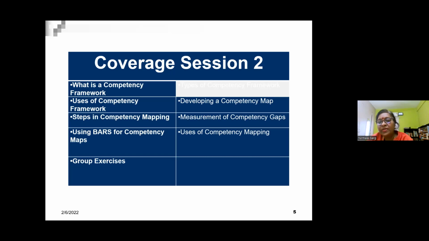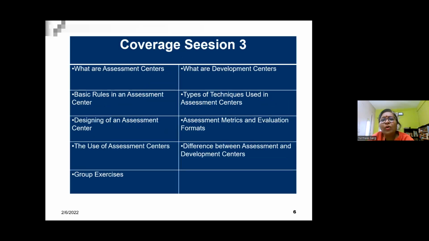Then how do we write those BARS, those indicators, the entire science behind competency mapping? Then once the competencies are in place, how do you assess whether these competencies, whether they are role specific or location specific or unit specific,